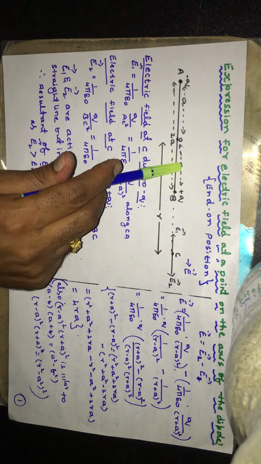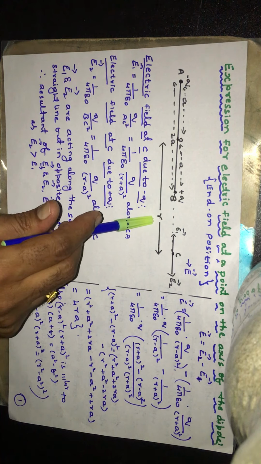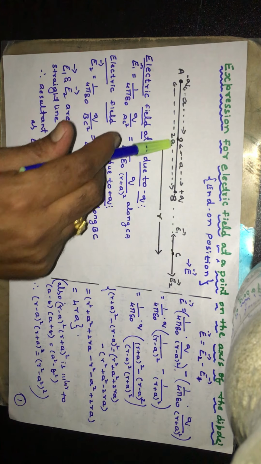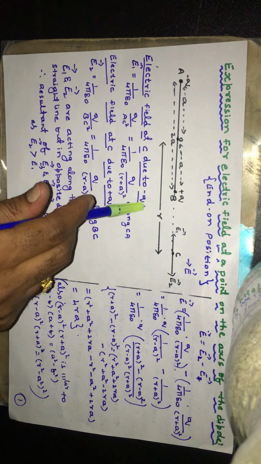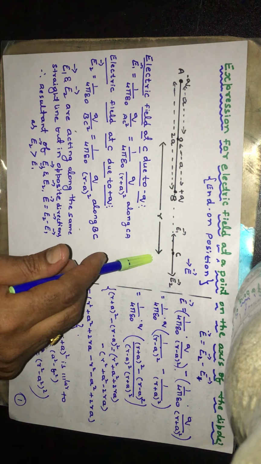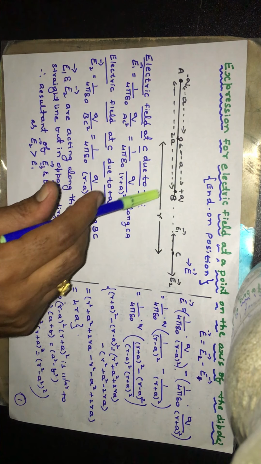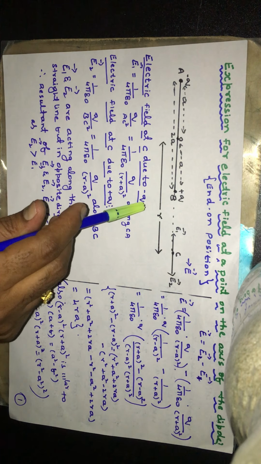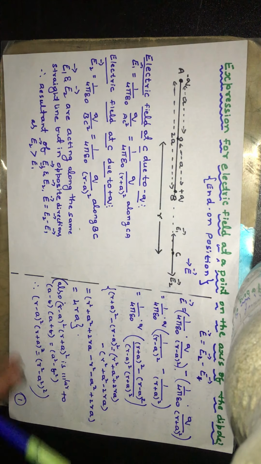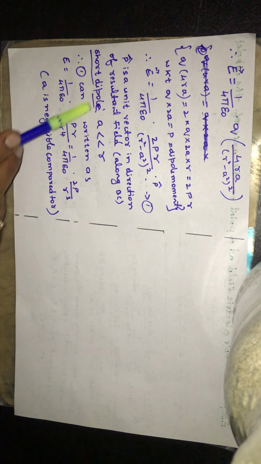If A is much less than R, where A is the distance from the center of the line joining the two charges to either charge, and R is the distance from the center of the dipole to the point under consideration. So if A is much less than R, specifically if R is at least 5 times greater than A, then the dipole is said to be a short dipole.